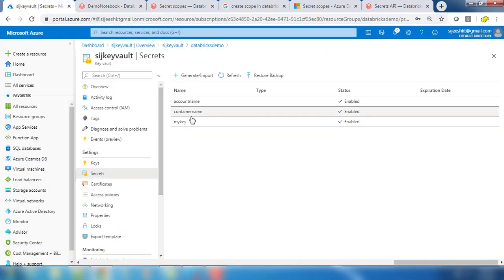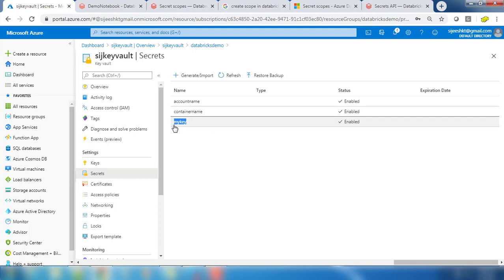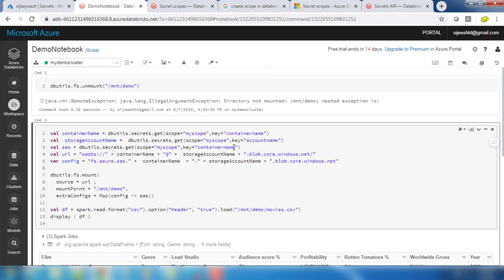For the storage account name, the key name is account name, so instead of container name we use account name, and likewise for the key.